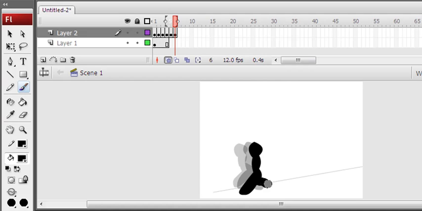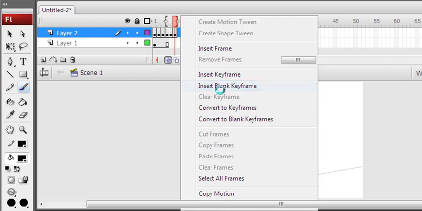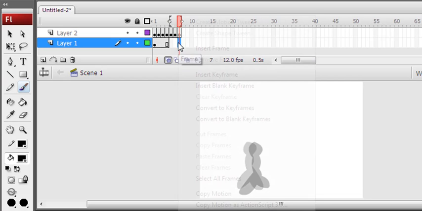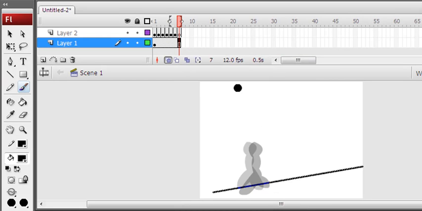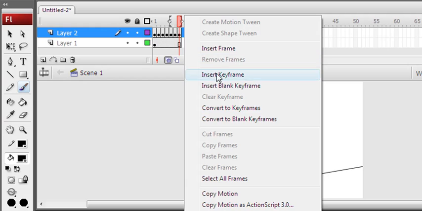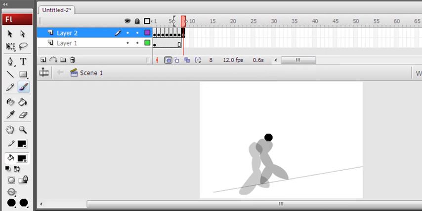Drawing and moving forward, and the line is going down a little bit, pardon me, and inserting a blank keyframe again and again. I am drawing the figures, and inserting a frame again to see the line, because my concept is the man will go upward following the line drawn in layer 1. The line is layer 1, the figure is layer 2, and cumulatively you see them as a picture. They are separate, so they don't overlap, and the figures don't cut one another.